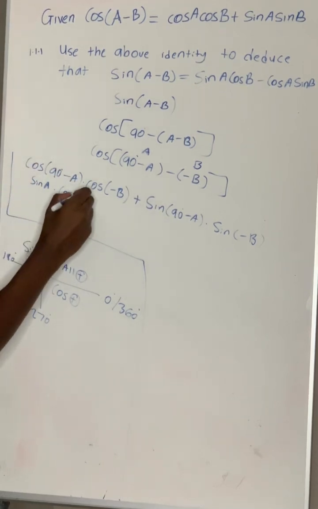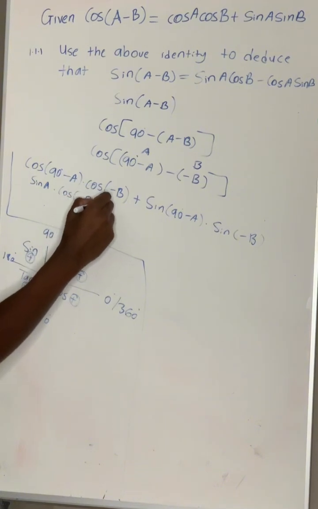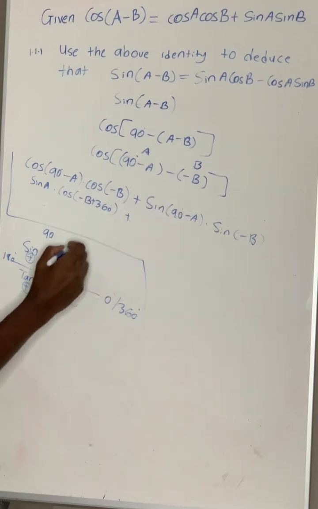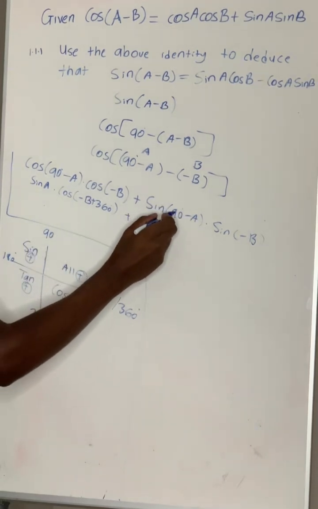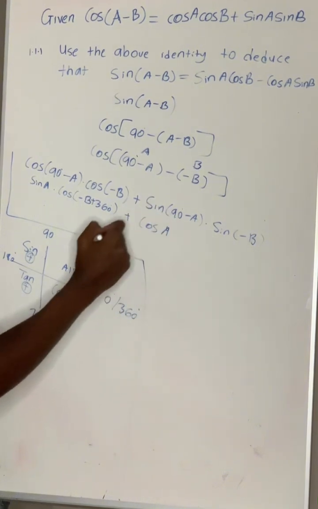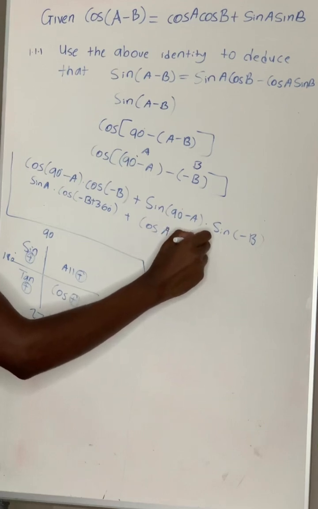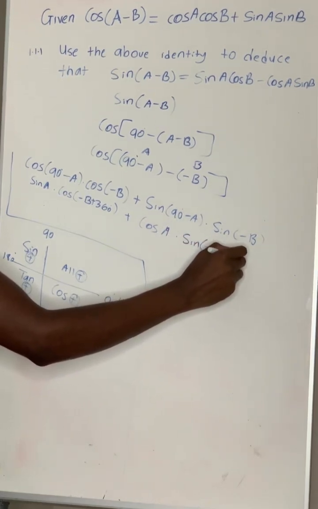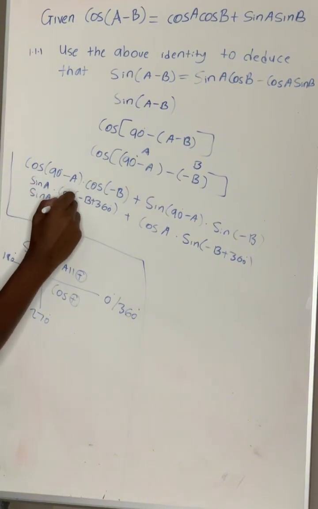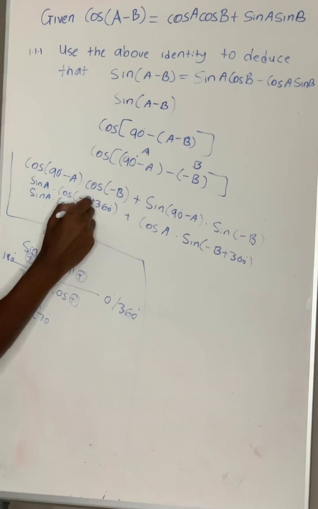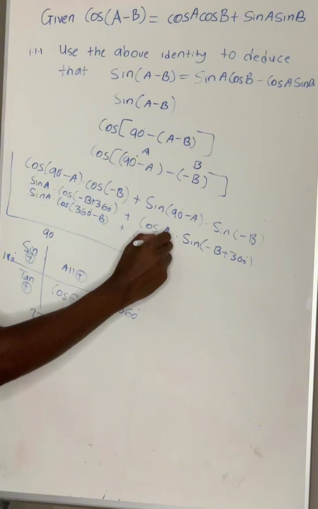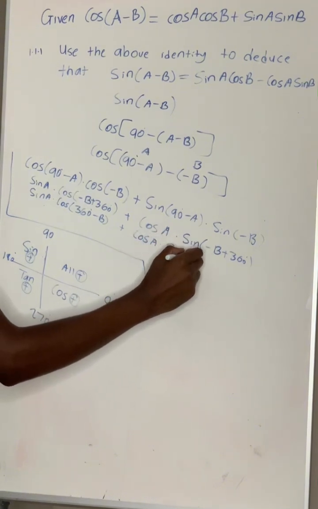Whenever you're given a negative angle, you should try to add 360 first to make things simple for you, and then plus sine of 90 minus A. 90 minus A is in the first quadrant, so this 90 changes sine to cos, and then positive cos A, multiplied by sine of negative B plus 360. So sine A times cos of, let's rearrange this to look normal, 360 minus B plus cos A times sine of 360